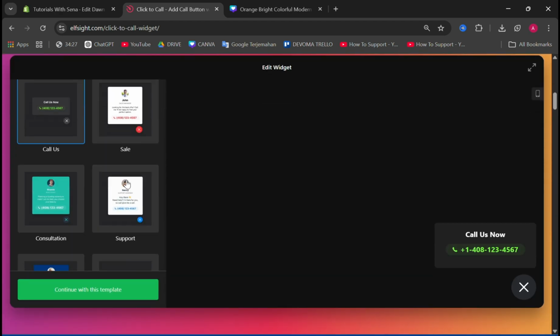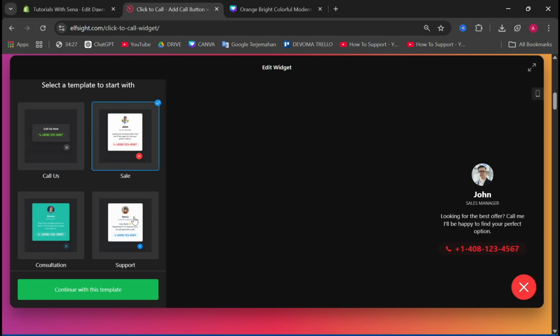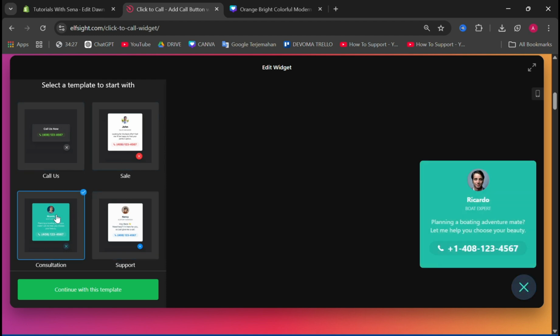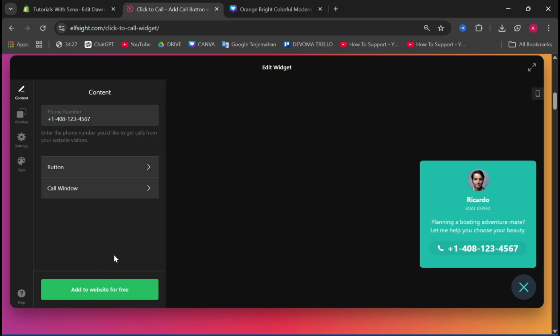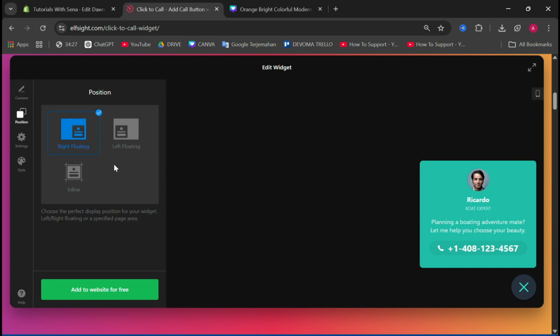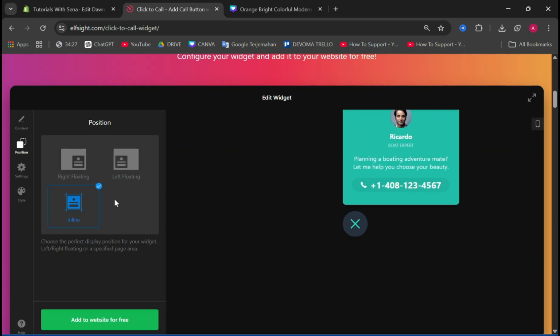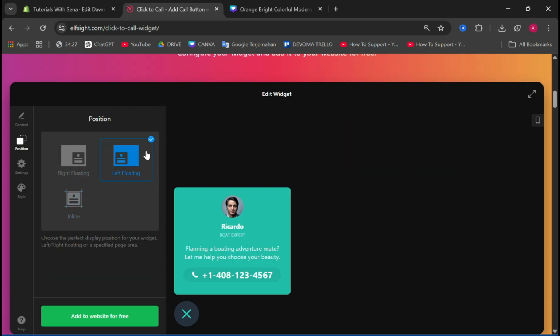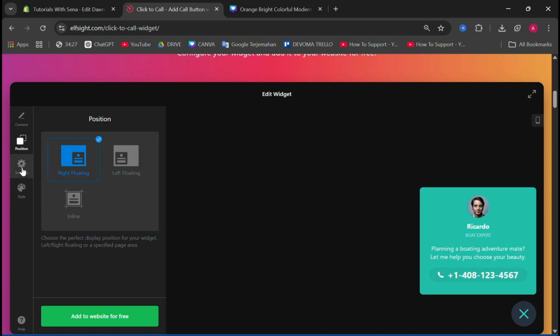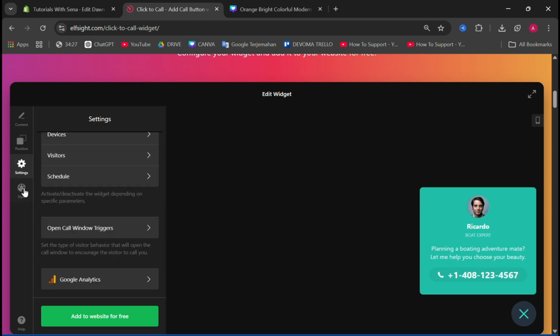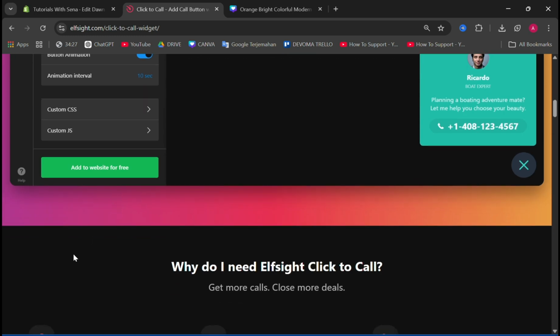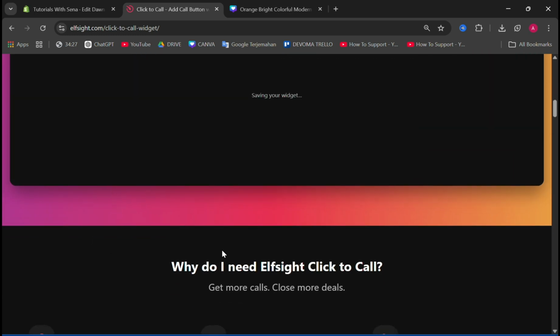And now you can choose the style, like this, maybe like this, or like this. It's up to you. So let's say I want like this. Then you can click continue. And now you can set it up. You can put your phone number, and then you can change the button. And you can customize the position, maybe in the right, in the left, or in the center. It's up to you. I'm gonna choose the right side of my website, and you can customize other things here, the styles and others. After that, you can just click add,